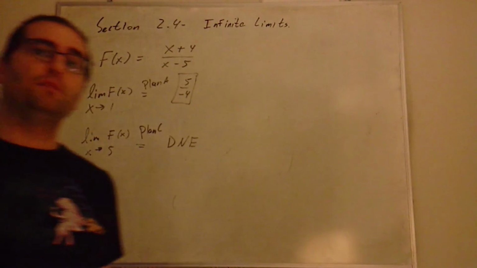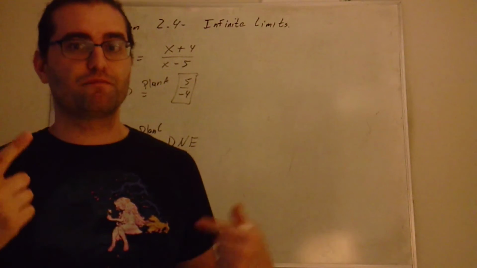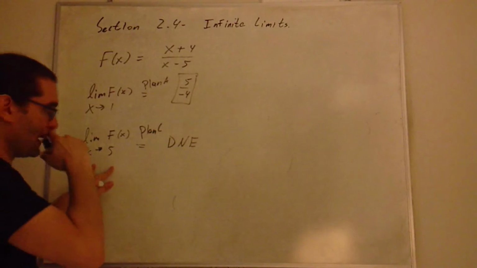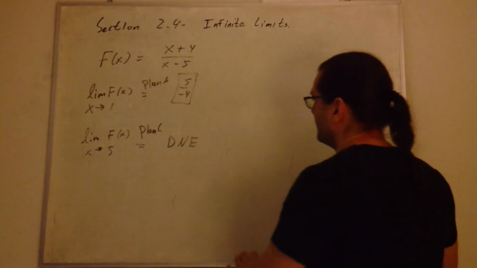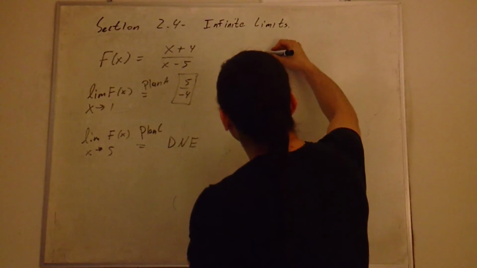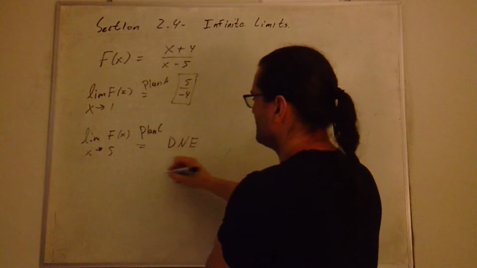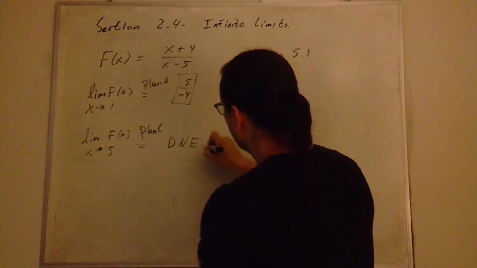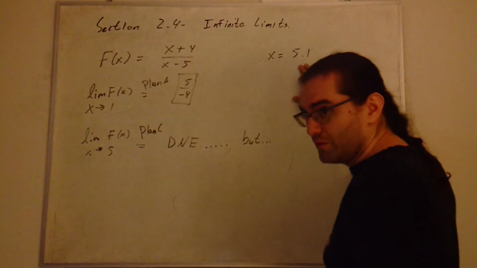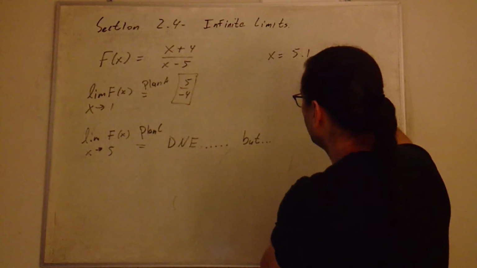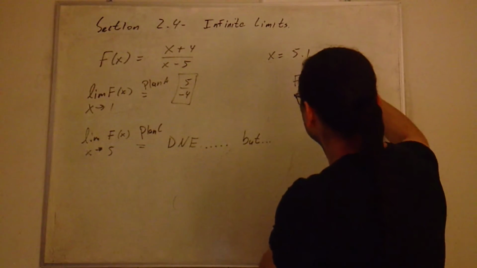But because we're in section 2.4 and we need to account for the possibility that these things are infinite in one direction or another, we should check to see what's going on. And we're going to do that by plugging in numbers that are just a little bit to the right of 5 and a little bit to the left of 5. So if we plug in a number like 5.1, f of 5.1 should be,